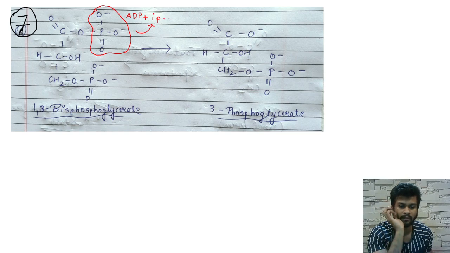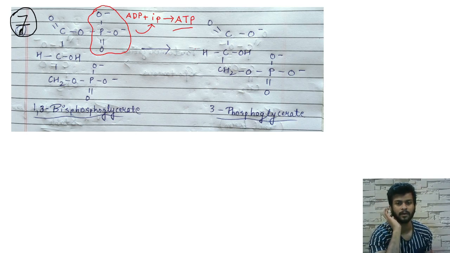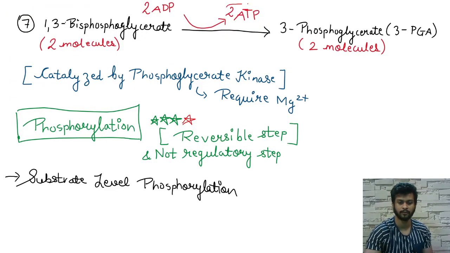We know that ADP plus inorganic phosphate gives us ATP, and that is what is happening over here. This phosphate group will combine with ADP to form ATP. From one molecule, one ATP will be formed, but since there are two molecules, two ATPs will be formed. That's why two ATPs are mentioned here. Okay,